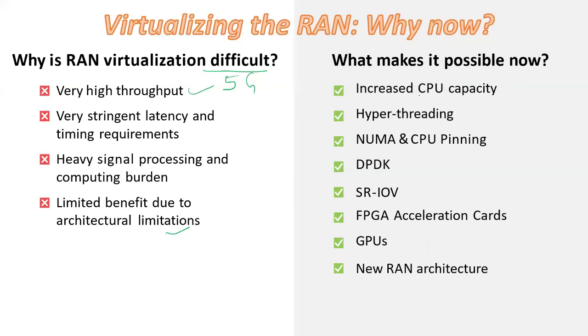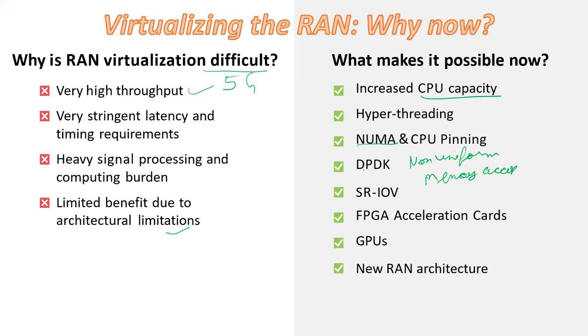Nowadays, we have increased CPU capacity, right? Then we have hyper threading. You don't need to know the details of these terms, just a one-liner or two-liner. Hyper threading is a technology that enables a single processor to handle multiple tasks simultaneously, so it will produce a lot of good performance. Then you have NUMA, some call it SNUMA, which is non-uniform memory access, right? It divides the memory into multiple memory nodes, which are local to one or more CPUs.